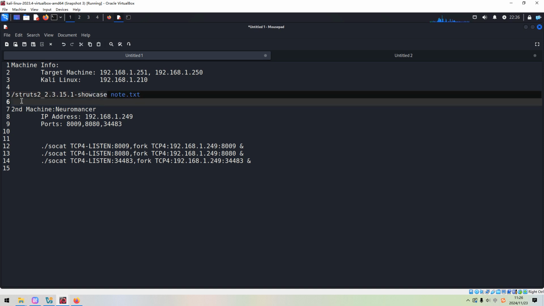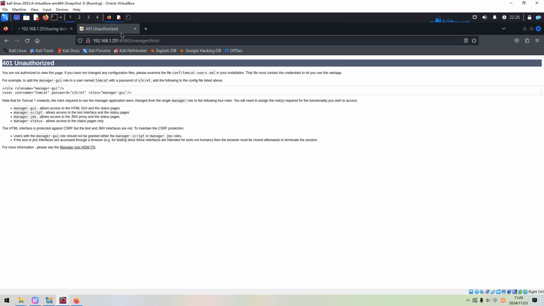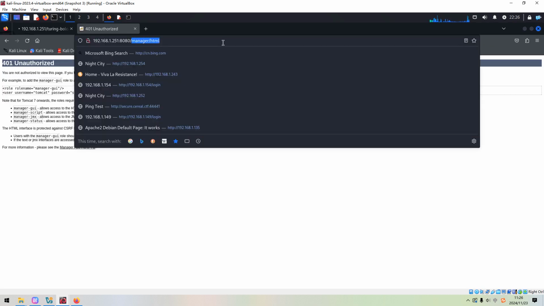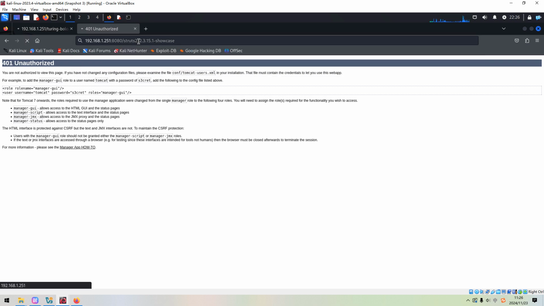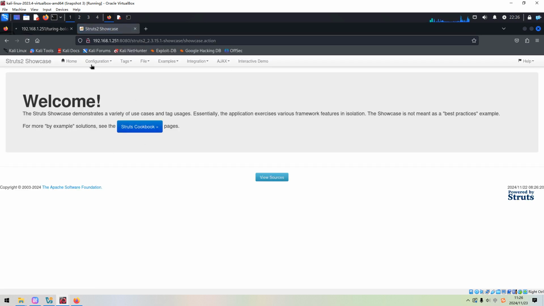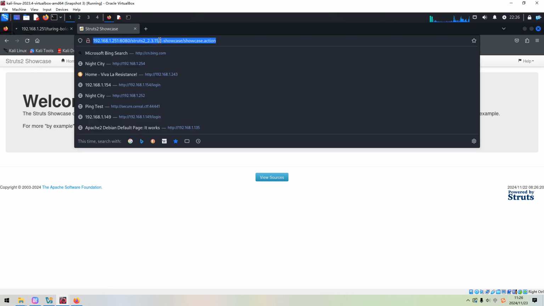So now we can copy and put it in here. Press enter. As you can see, we got back the Struts2 showcase application. And here, of course, this should be the version information for this app.